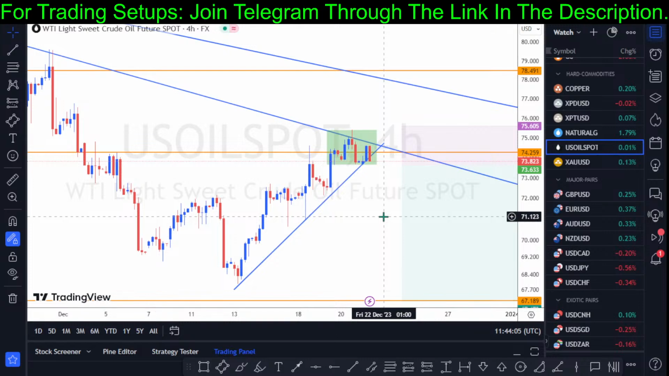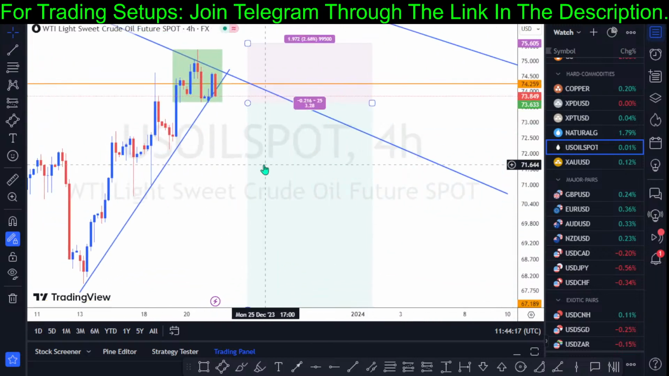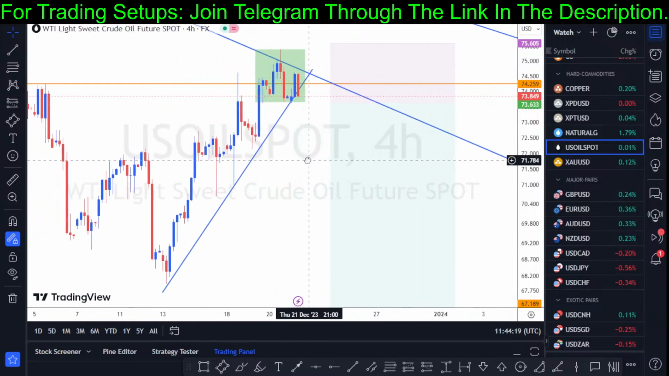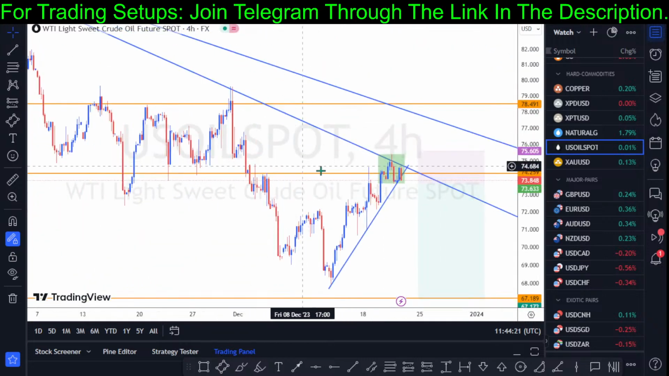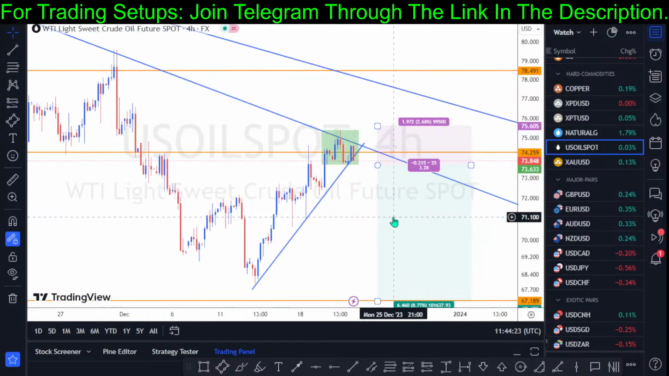So you don't have to trade every asset in the market. Just pick one or two that fit into your trading strategy, or the best one that gives you the lowest risk to highest reward ratio. As you can see on US oil, I have a nice risk to reward ratio. I'm in a downtrend, going in the direction of the momentum, and there are a lot of confidence factors here when compared to